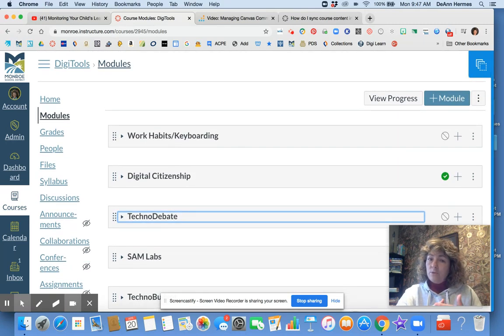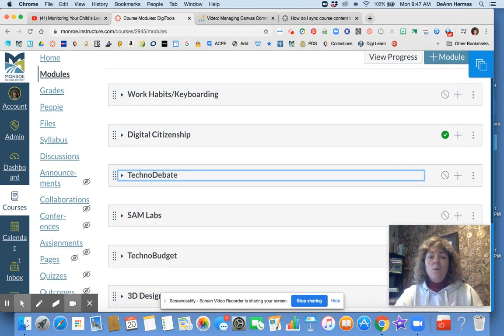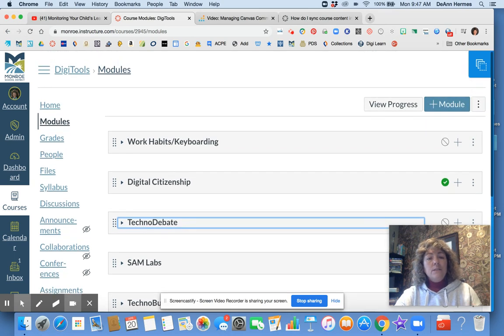If you want your modules laid out by week, you're all in agreement. If you want your modules laid out by content, you're all in agreement. So come to those norms and come to those agreements. Once you've done that, you might decide on how often you want to sync content in your blueprint course